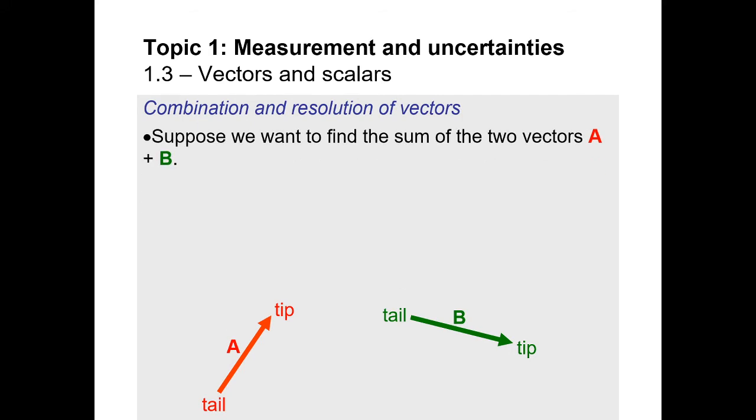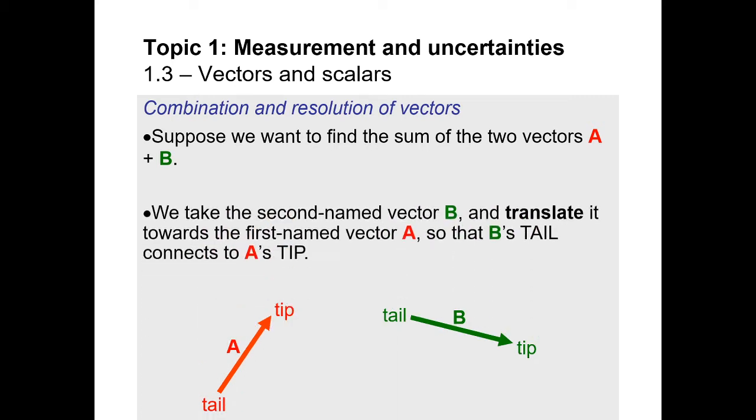So for example, let's say you want to get the sum of vectors A and B. Kind of like how we looked at before, we had a displacement 500 meters west, 100 meters north. Adding vectors is a little different than simply adding the magnitudes. If we want to find the sum of vectors A and B, we use a process called adding the vectors